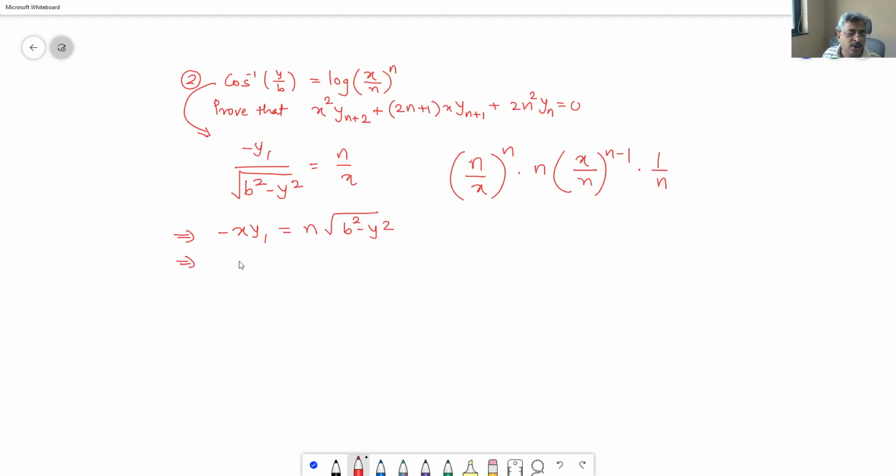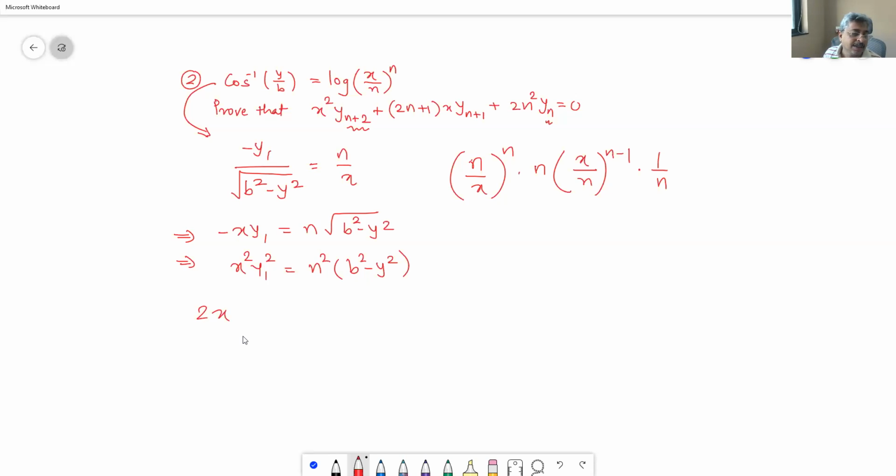If you square both sides, you will get x square y1 square is equal to n square into b square minus y square. Correct? Now this is 1, and you see here you have n plus 2. Okay, and the last term is yn. So if we differentiate this one more time, what do we get? LHS and RHS. So if we differentiate with respect to x one more time, we get